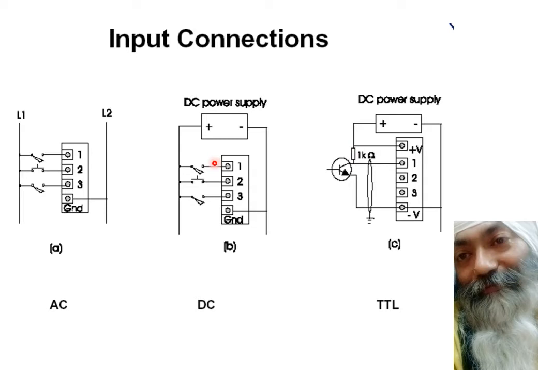In case only potential free contacts are available, it's a potential free thing, so you have to apply a source of potential also. And in case the voltage itself is available in the form of 5 volt, then a simple switch will also do. And in case we have AC, we will use the circuit which has a built-in rectifier and opto isolators, as shown in the previous slide. So that is how we have input connections, and in a similar way we have output connections also.